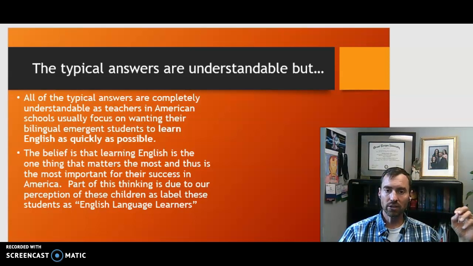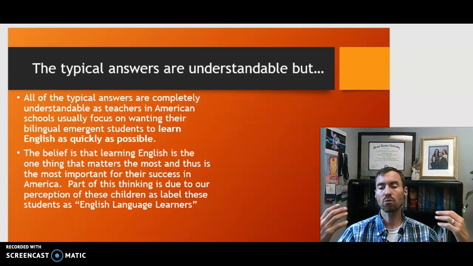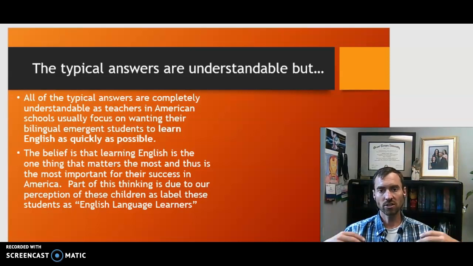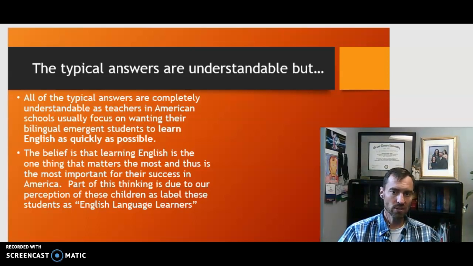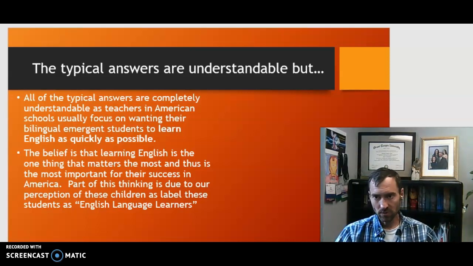I completely understand that. I completely understand that's why we have this perspective. And this is why our school system tends to focus on English language learners, that concept, as a problem. We want to overcome the problem. There's a deficit. They don't know English. Let's teach them English. They're not understanding what the teacher is saying. Help them. Give them some support to help them. Okay?